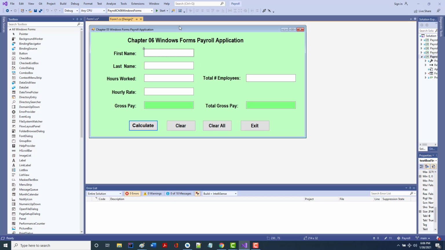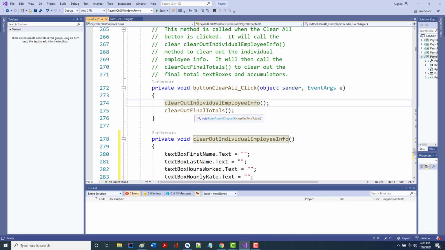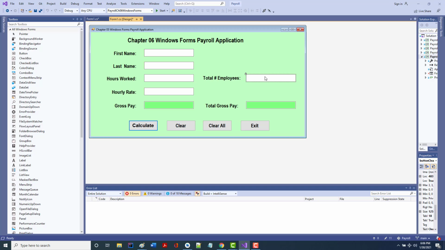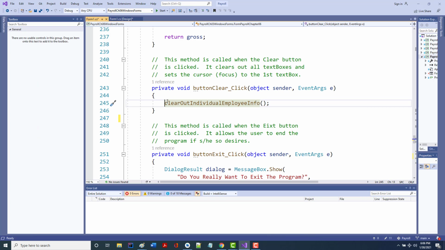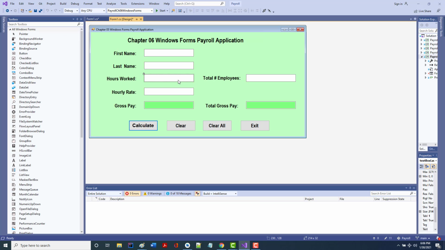But this routine also calls clear out final totals, which clears out this field and this field. So there's really 8 actions happening. Clear this, clear this, clear this, clear this, clear this, put the focus here, clear this, and clear this. Now, if I just click the clear button, it just calls the first of those routines. Clearing out the individual employee stuff. So it just does these 1, 2, 3, 4, 5 things, clearing them all out, and then setting the focus